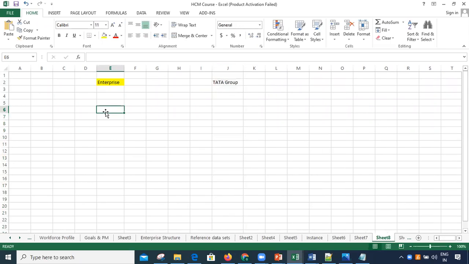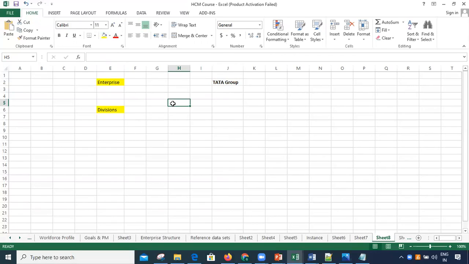And then under enterprise, we will have divisions in the Fusion system. So what are divisions? Let's suppose this Tata Group has presence across the globe.